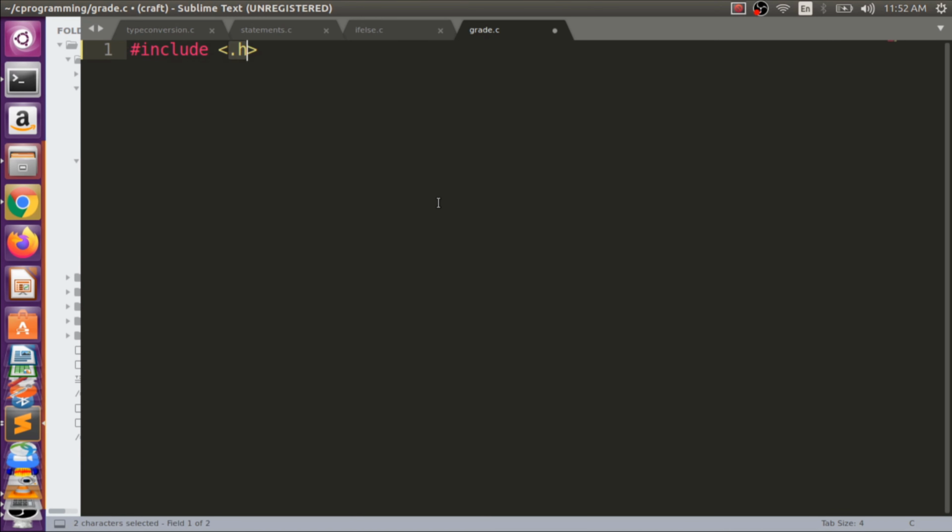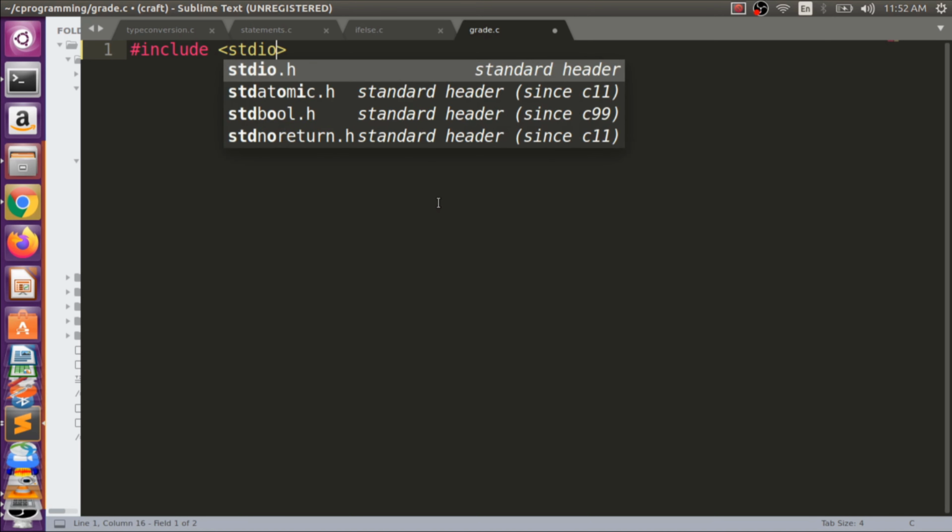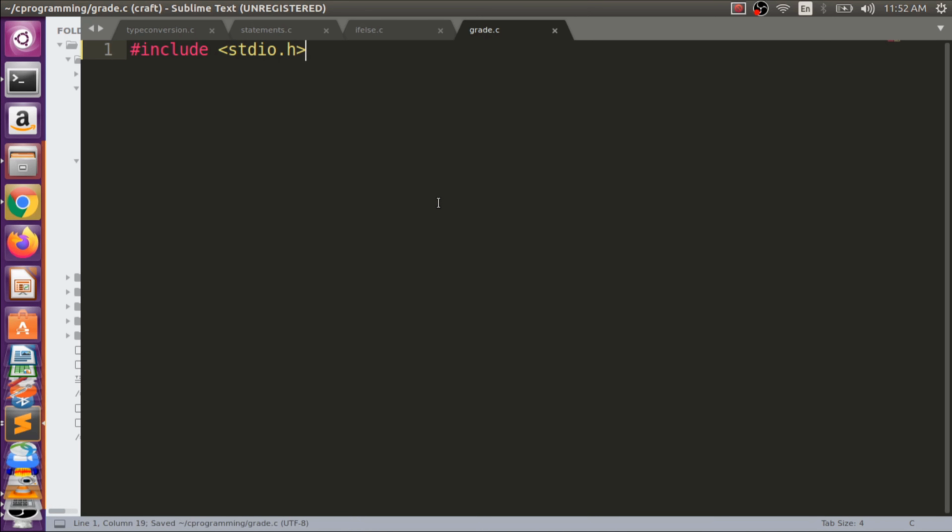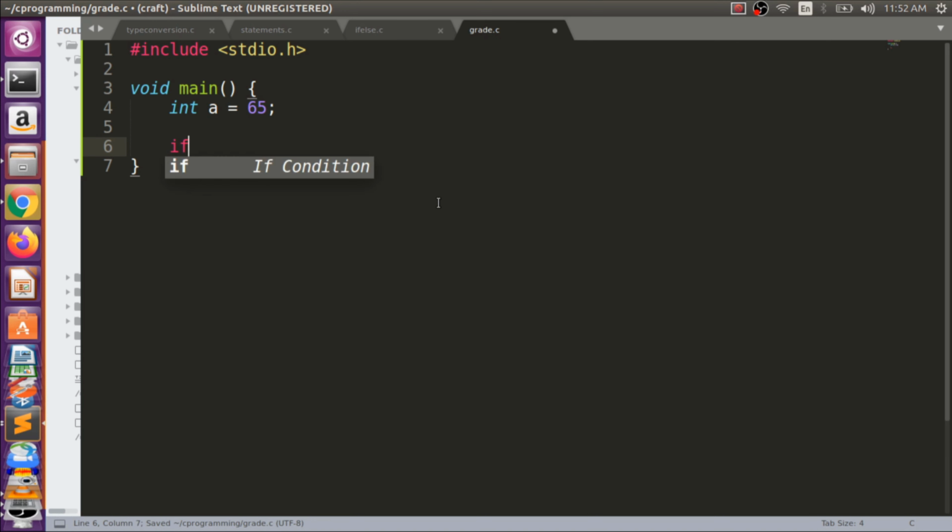So simple hash include stdio.h, and we have void main here. Then we have int a is equal to 65, right? Then we have an if, like a is greater than 80, right?